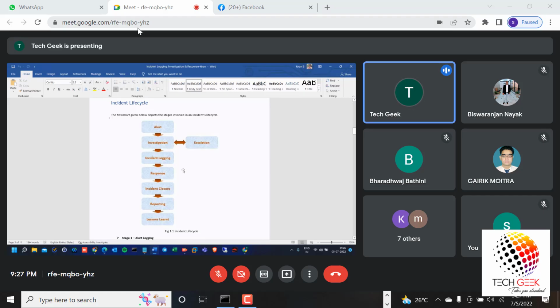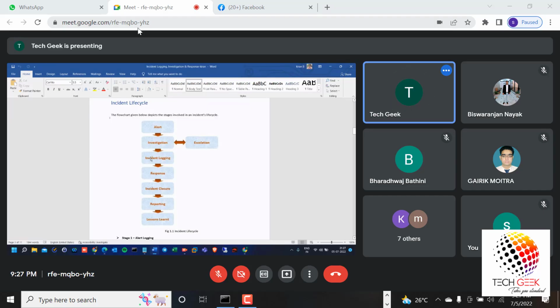When it comes to informing the customer, there are multiple ways. Via mail, basically we send mails, or use ticketing tools. Every organization uses ticketing tools, like Jira, Zoho, and so on. There are multiple ticketing tools, and they integrate with the SIEM tools. That is for communication between the customer and the service provider.